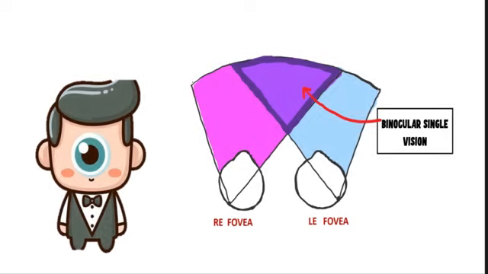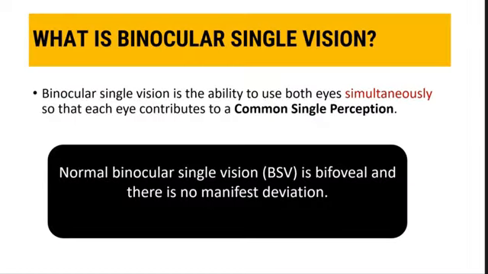So basically, when we use our two eyes simultaneously, we get a common image from both the eyes superimposed on each other as if there was a cyclopean eye at the center of our forehead. So I hope that is clear. Right? So what exactly is binocular single vision? The binocular single vision is basically the ability to use both the eyes simultaneously so that each eye contributes to